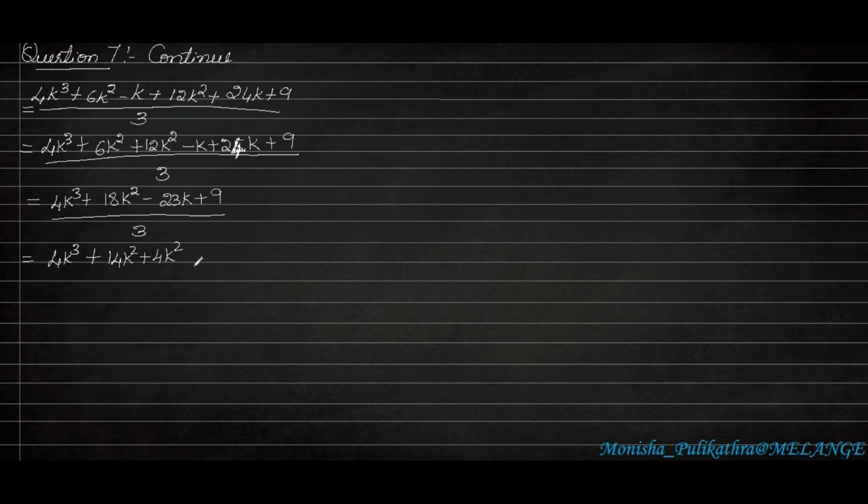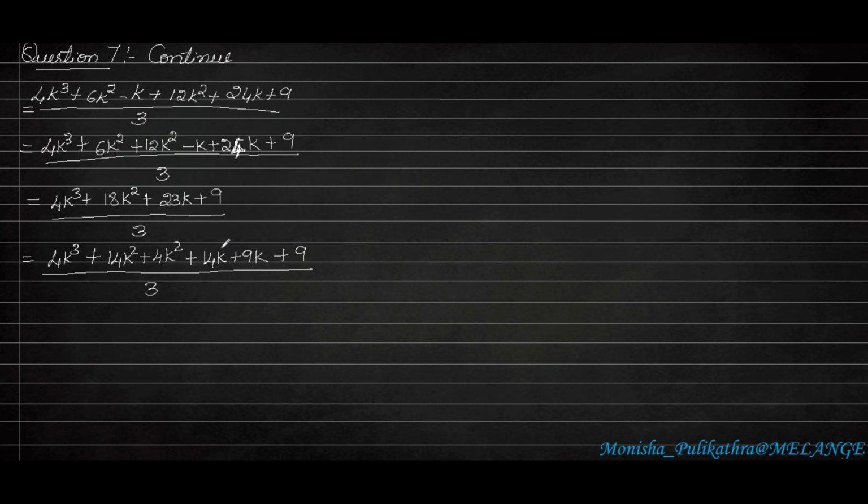In the same way, I will be doing 14k minus 14k and 9k. So here plus should be there because 24 is the larger number, 14k plus 9k. So 14 plus 9 is 23k, 14 plus 4 is 18k square. This is the small interchange we have to do here. Plus 9 write as it is, whole divided by 3. So the interchange is 14k square plus 4k square and 14k plus 9k.